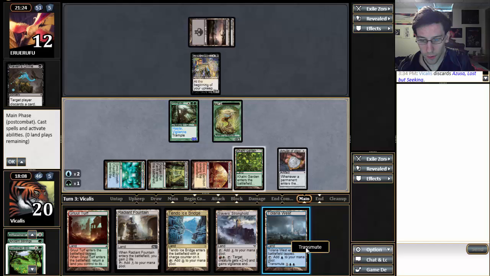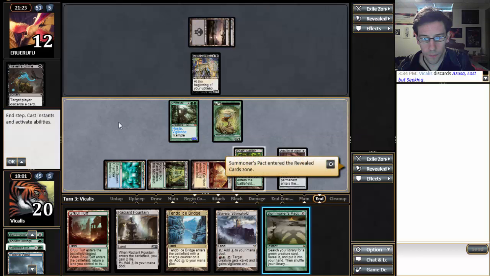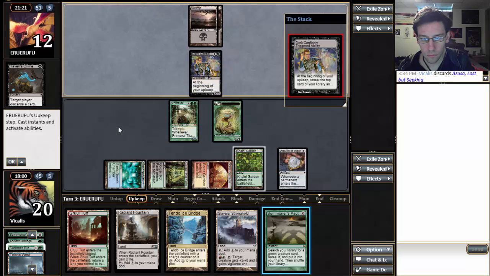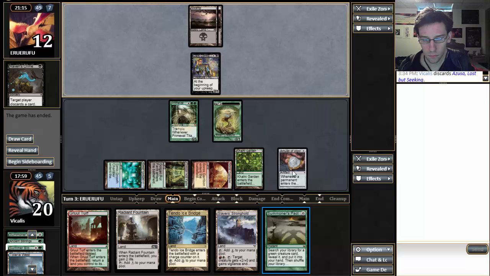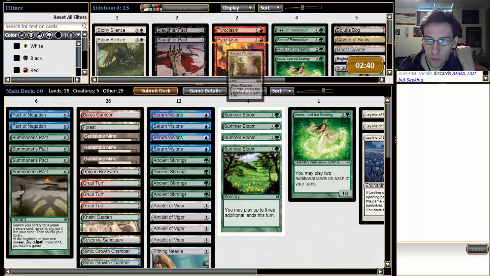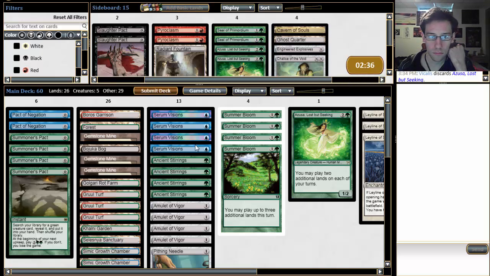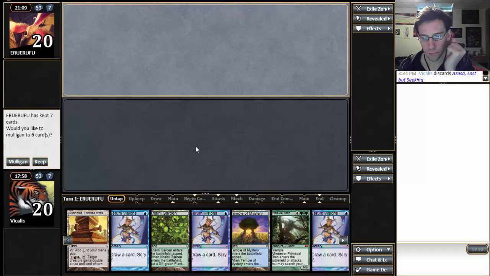And because I don't have double blue, I'm not going to transmute for Pact Negation. Instead, I'm just going to get Summoner's Pact so that I can get another Titan. Well, that worked out. There's an argument for Bojuka Bog to hit Raven's Crime, but I guess that's better than Radiant Fountain. I guess I just want...